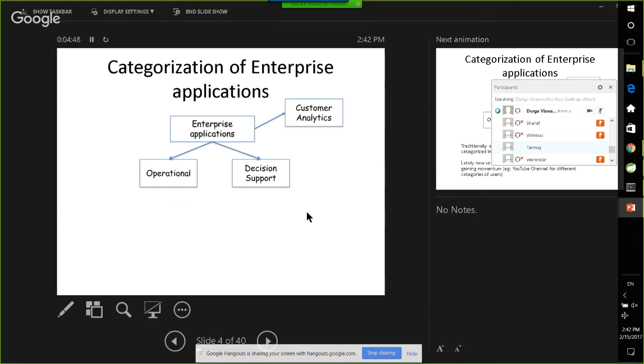If you think about the number of users for these BI tools, they will be a handful. Typically, the executive management or the PAs of executive managers or analysts reporting to executive managers are the ones who will actually use these BI tools. Even if you take the example of the world's largest enterprise, probably 1,000 or 2,000 people will be there to see the reports, not more than that. So for decision support, the user base is small.